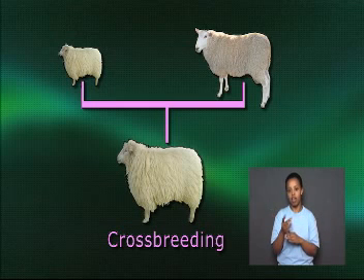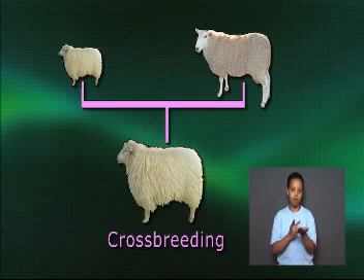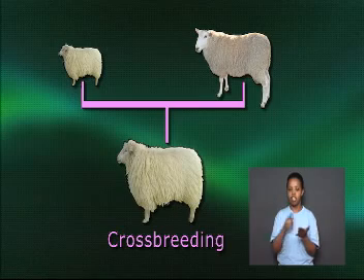For example, it is used in livestock, like sheep and cattle, in order to increase overall productivity and yields. It has been used for thousands of years, so there is a great deal of evidence to support its efficacy